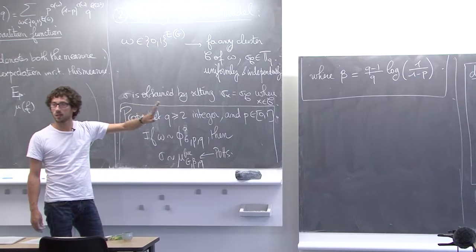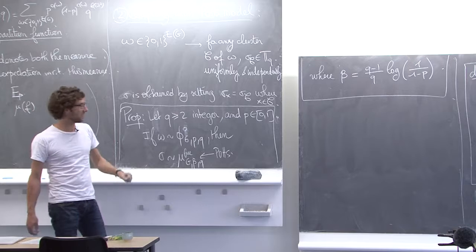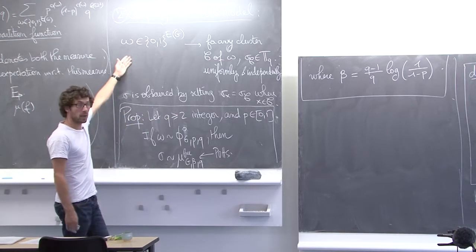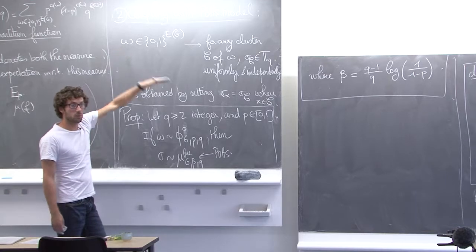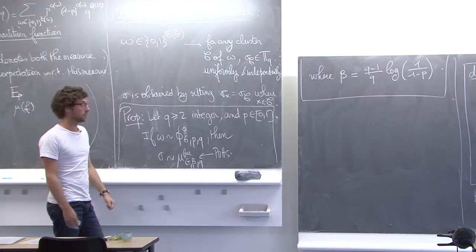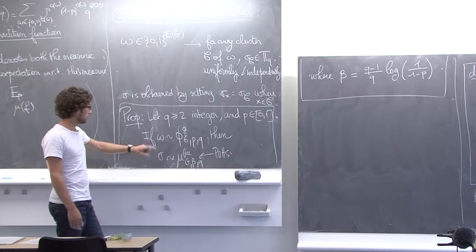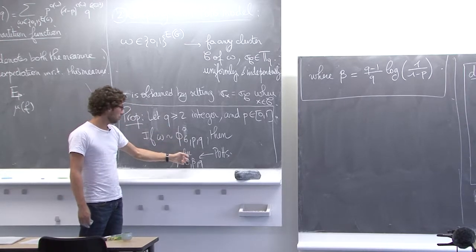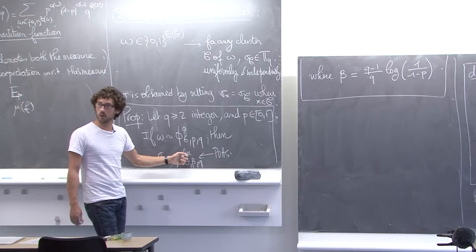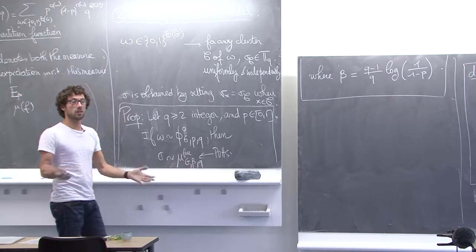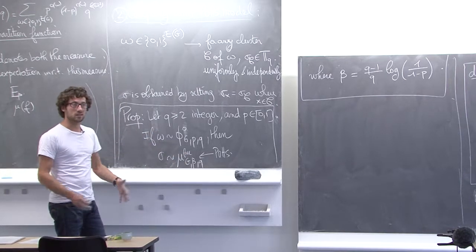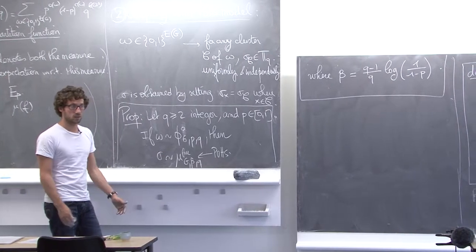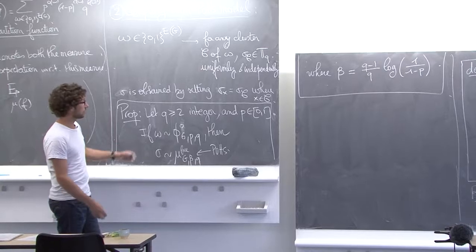And this is going to be the start of a beautiful story, because this provides us with a dictionary between properties of my random cluster measure and properties of my Potts measure. And we are going to see that this coupling actually extends to wired boundary condition, to get 1 here instead of free. And then we are going to get exactly a geometric representation as I defined it in the first class. And so that's going to be nice.